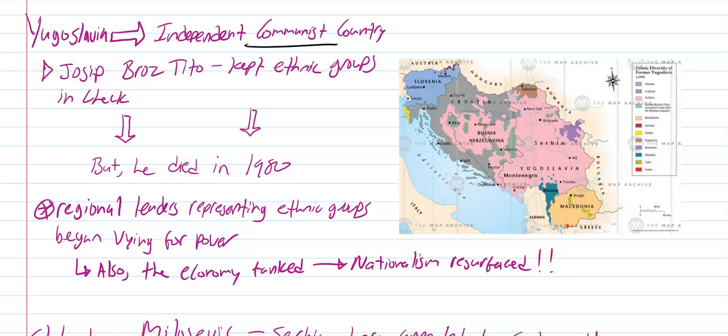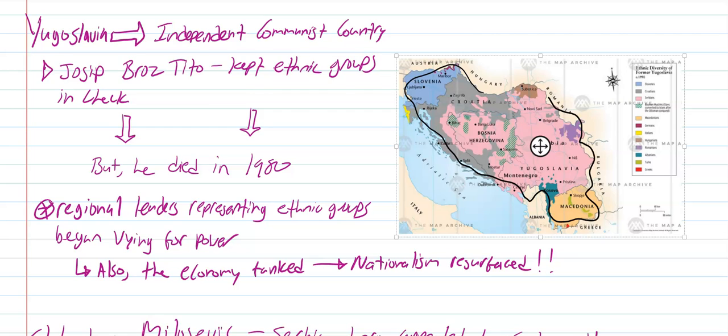So, fast forward to the mid-1900s and late 1900s, Yugoslavia was an independent communist country. What I mean by that is that they weren't controlled by the Soviet Union like the other communist states in Eastern Europe were. They were their own thing. Under the leadership of Josip Broz Tito, he was able to keep all these ethnic groups in check. Because remember, if you're a strong communist leader, everyone is going to be part of the workers' struggle. They're not going to be Macedonians or Kosovar Albanians or Serbs or Croats. So he kept them under his tight control, under his communist government.